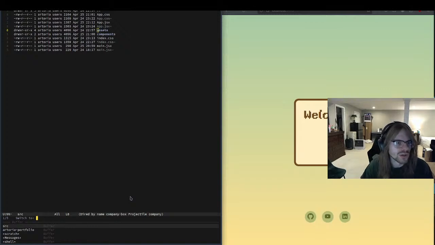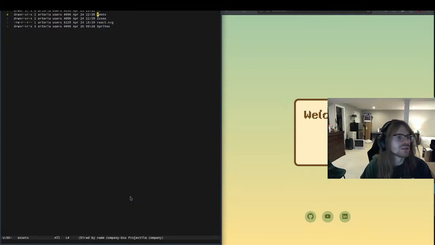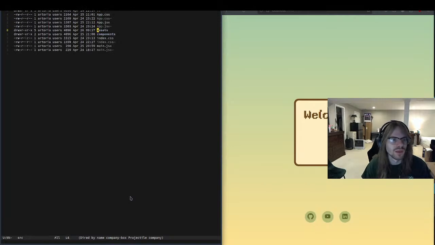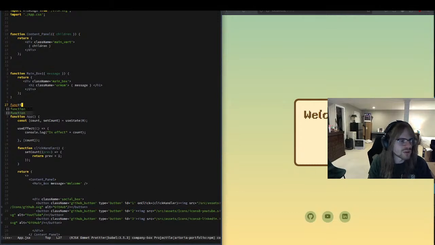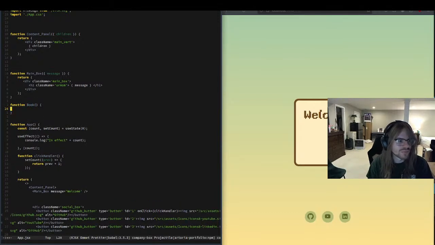Alright, let's get that imported. Refresh this, and then we can see sprites. Book.svg. So let's just try that. Let's just go to here, and we'll make a new component. Function. We'll call it book, and it's not going to take anything in, but we are going to return